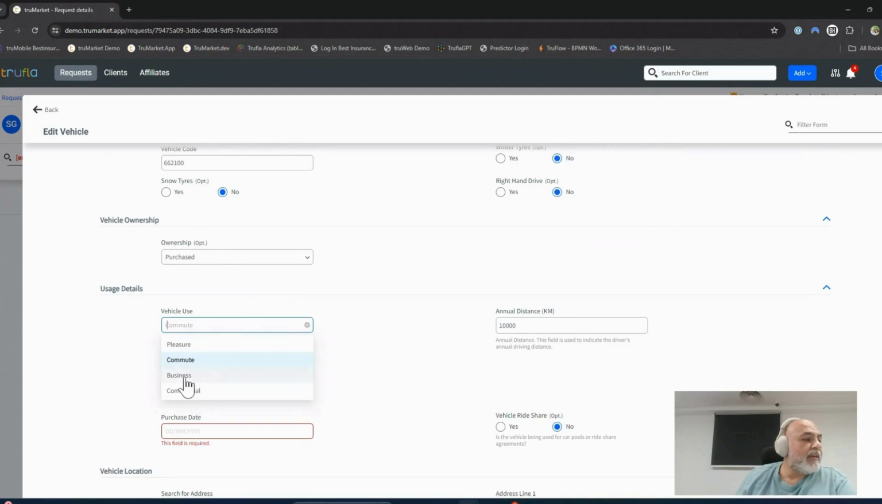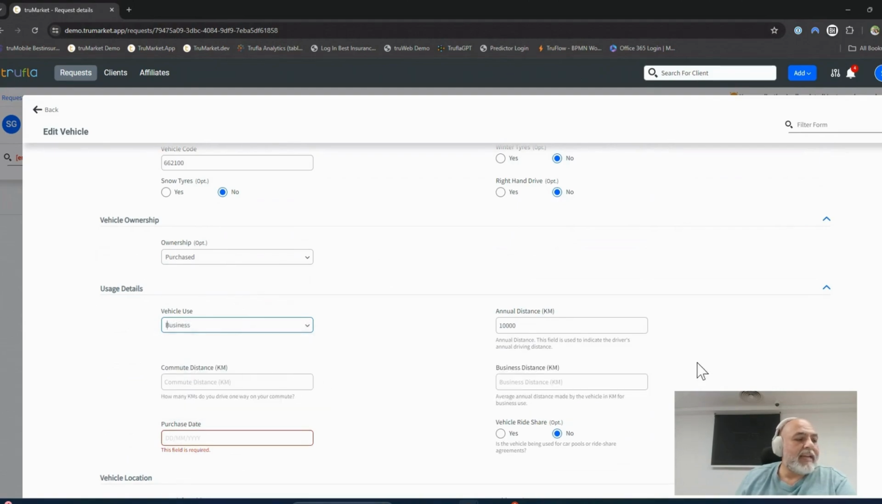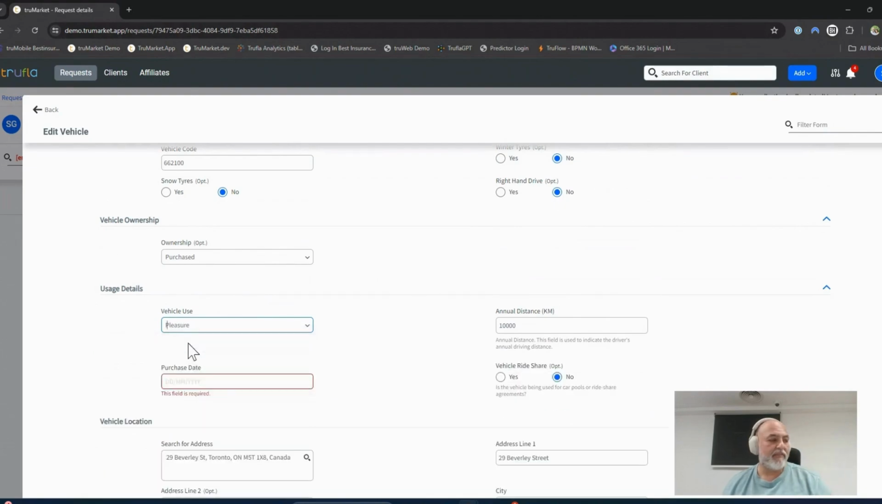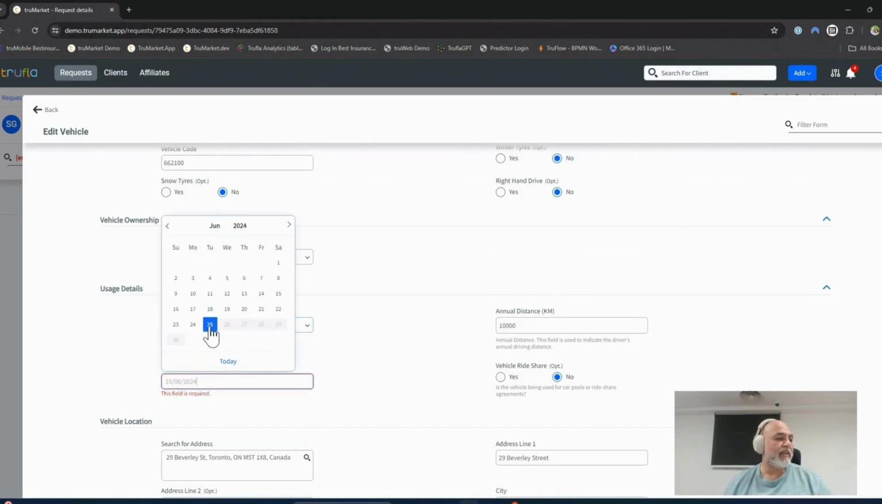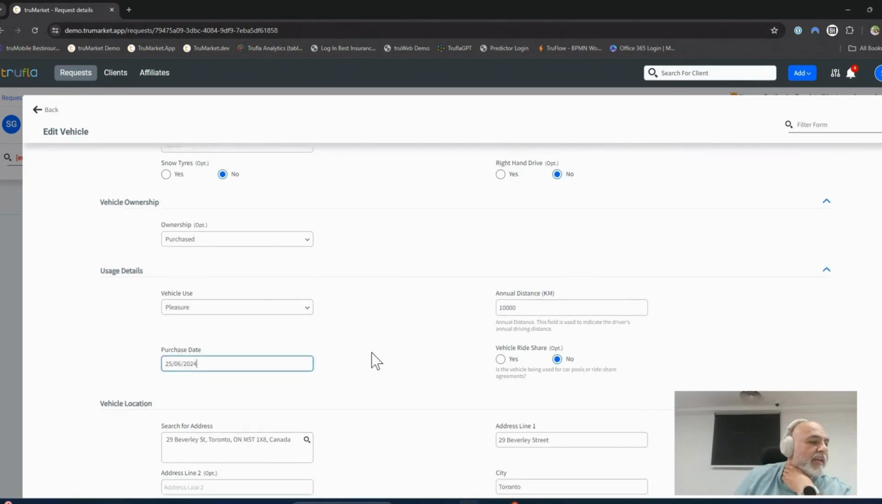If I select business use, again, now it's going to ask me for my business kilometers. Because it's a dynamic application, the broker should only have to fill out whatever information they need. They don't need to see the entire question set if it's not applicable to them. I'm going to put my purchase date here. I'll just select any date